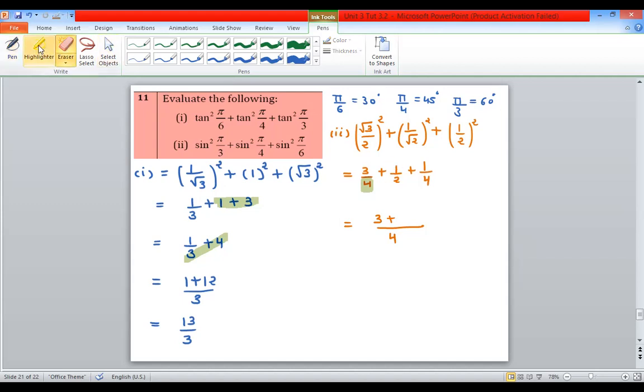The denominator has 2, and to make 4 we need 2 more, so multiply these numbers by 2. So it is 2 into 1, it's a 2. Here again the denominator is 4, this is 1. So 3 plus 2, it's a 5. 5 plus 1, it's 6. 6 by 4. 6 means 3 into 2, and 4 means 2 into 2.